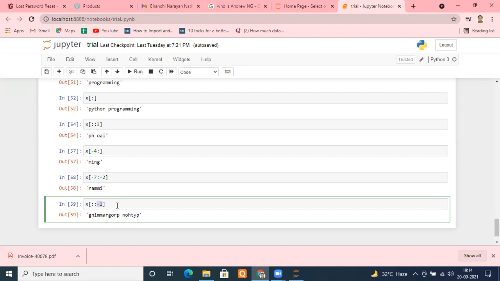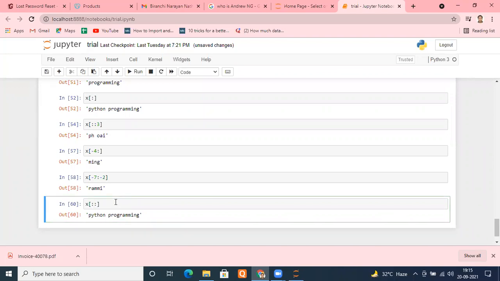Yes, sir, that I understood. But actually, when we do not give the start index, it assumes that the start index is 0. Yes, exactly. So it starts with P, no? Actually, till you don't put a minus sign here, if I don't put a minus sign here, it is going to be the same as what you are saying.